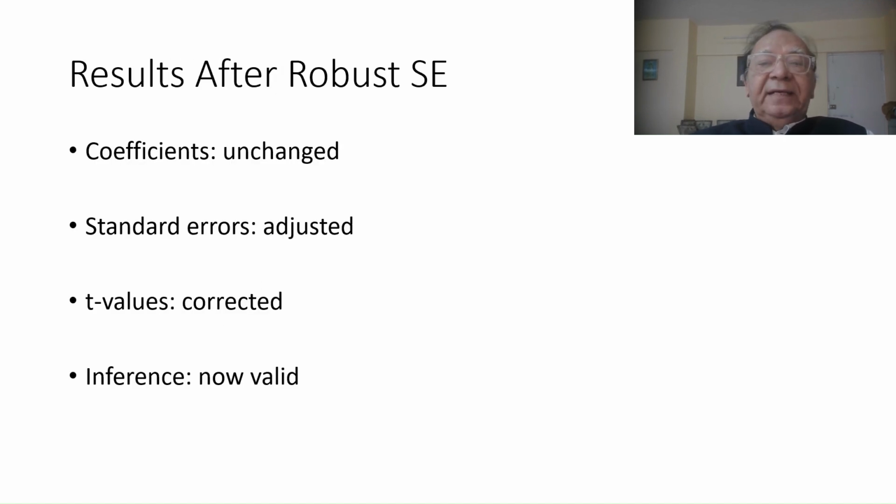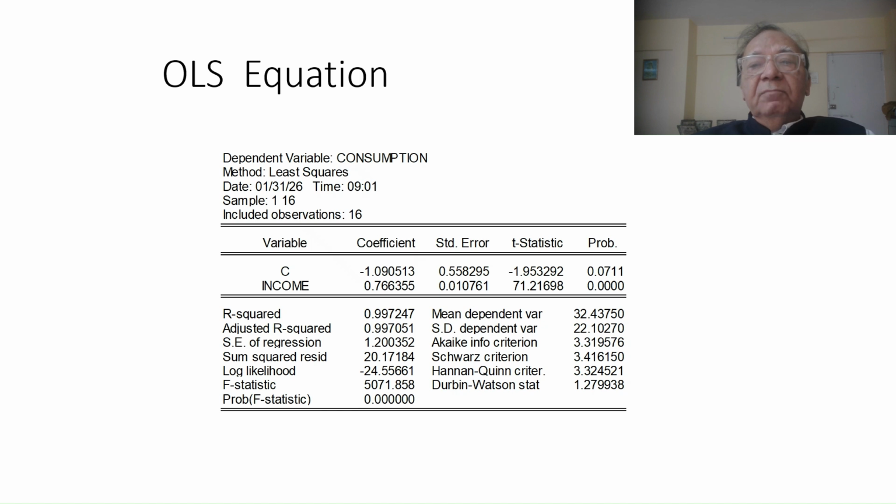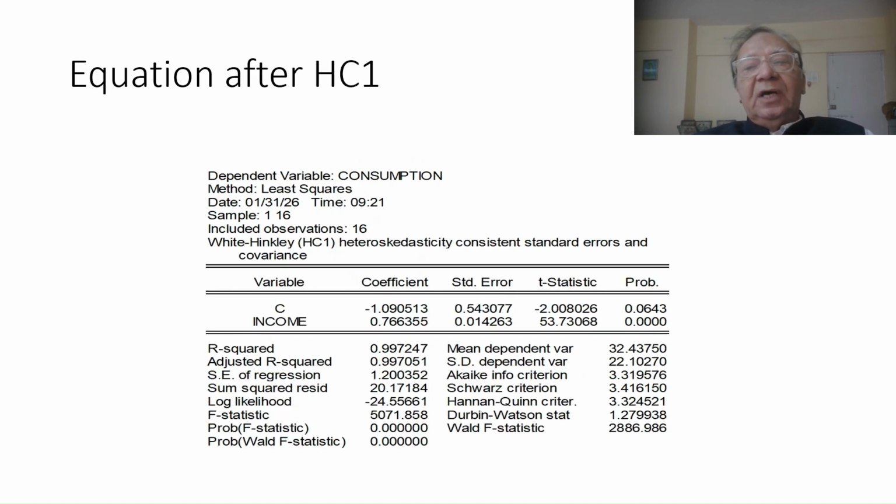Even after detecting heteroscedasticity, the OLS coefficients do not change. The intercept, the slope coefficient, and the fitted values remain exactly the same. What does change are the standard errors, because the assumption of constant variance is violated. The usual standard errors are no longer reliable, and therefore the reported t statistics and confidence intervals may be misleading.